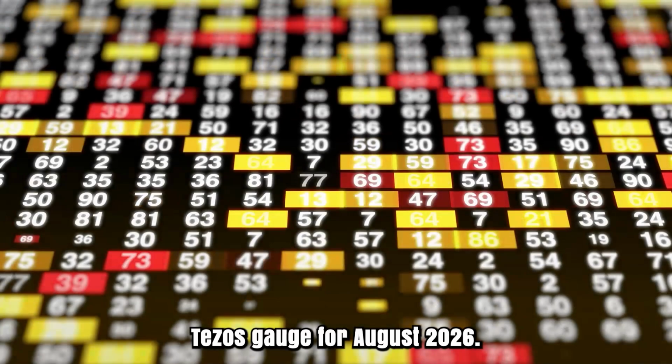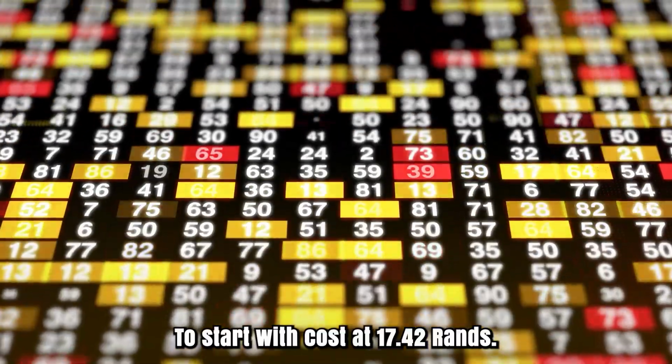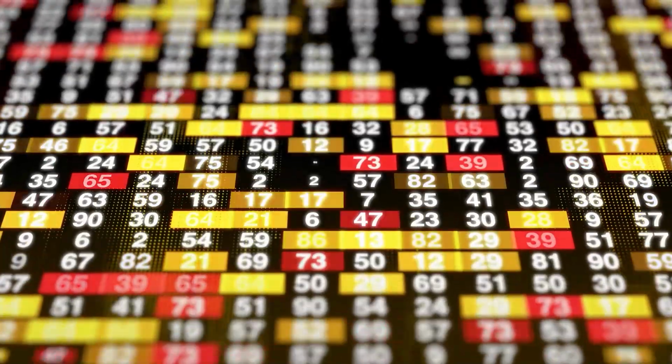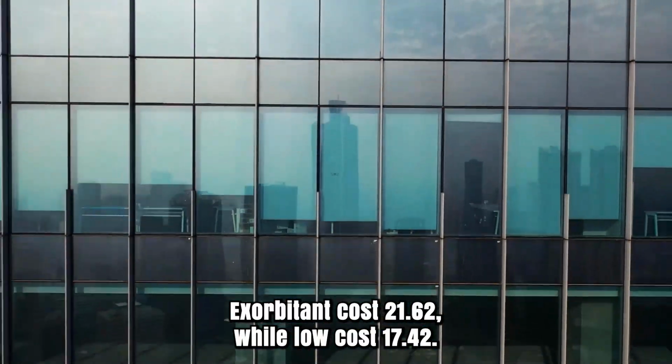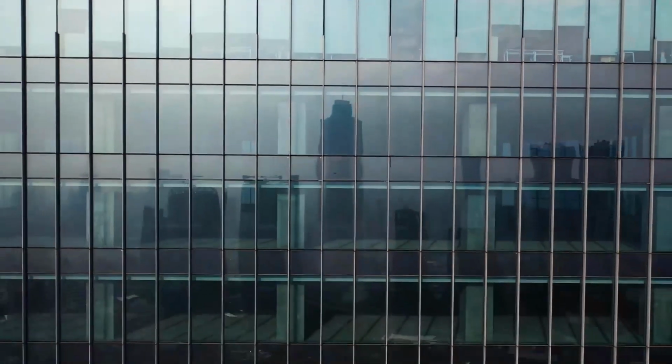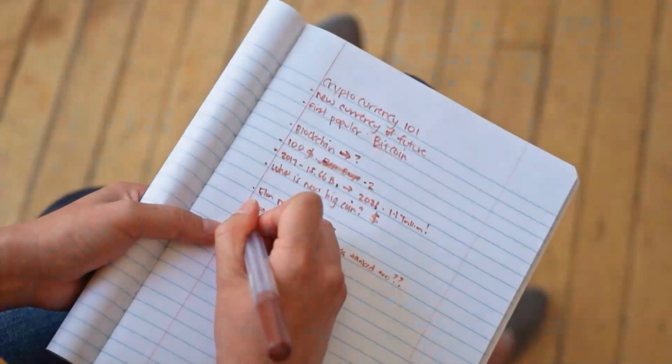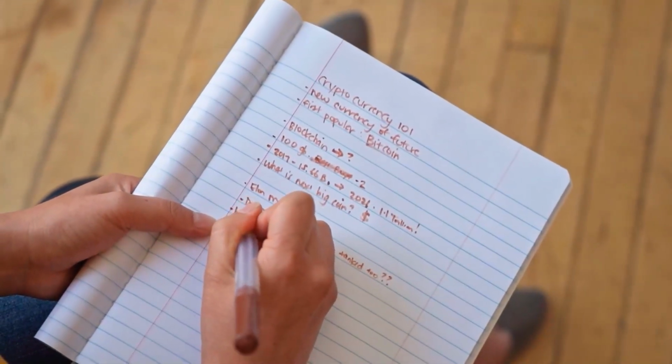Tezos for August 2026. To start with, cost at [xx].42 rands. High cost 21.62, while low cost 17.42. They found the middle value of cost [xx].17. Tezos cost toward the month's end 20.21,